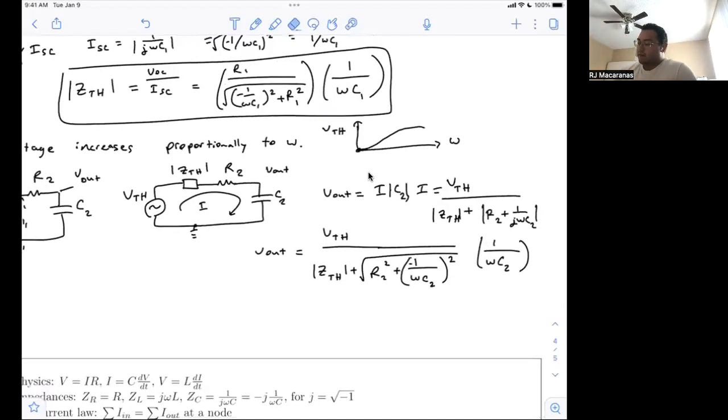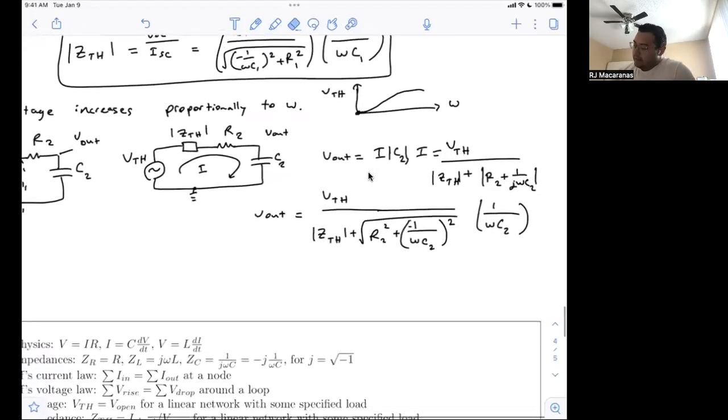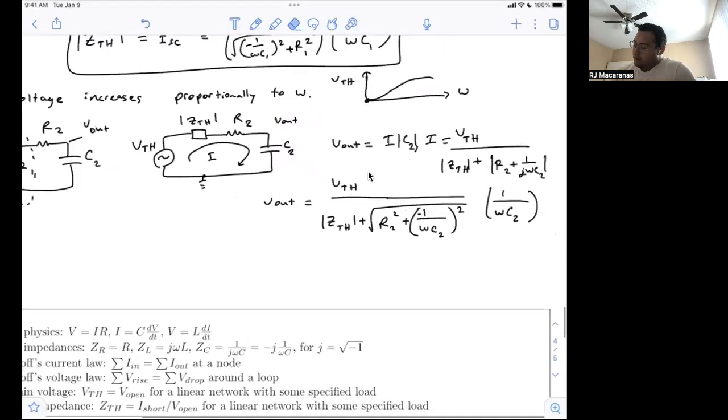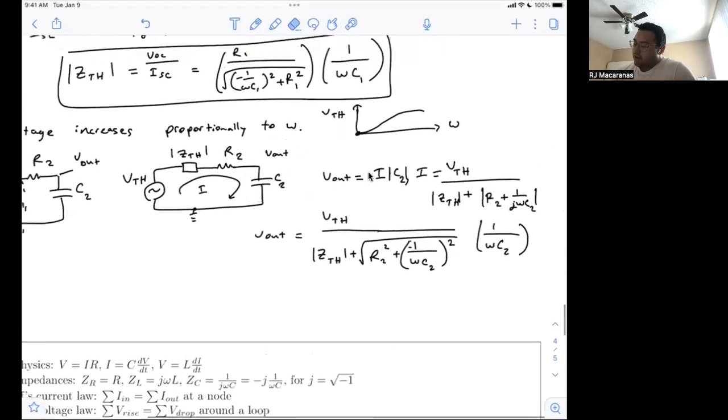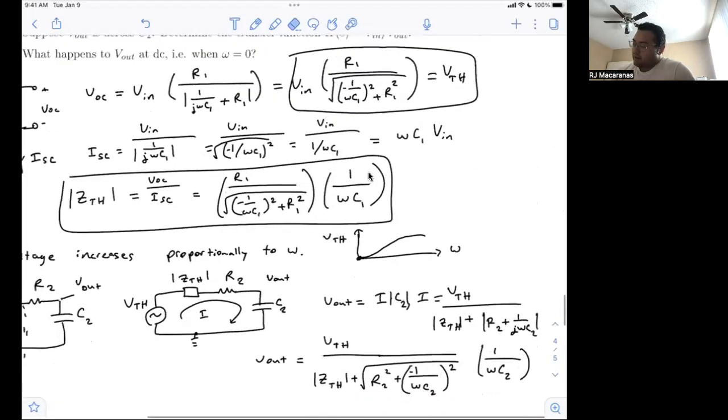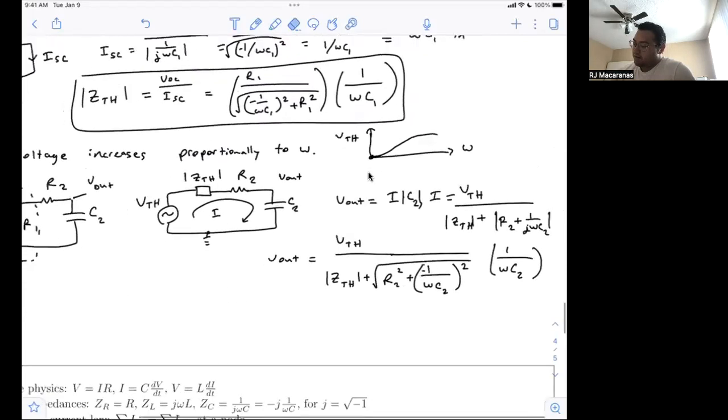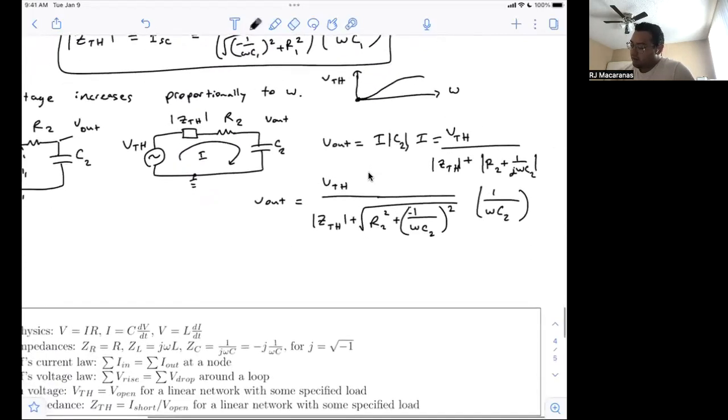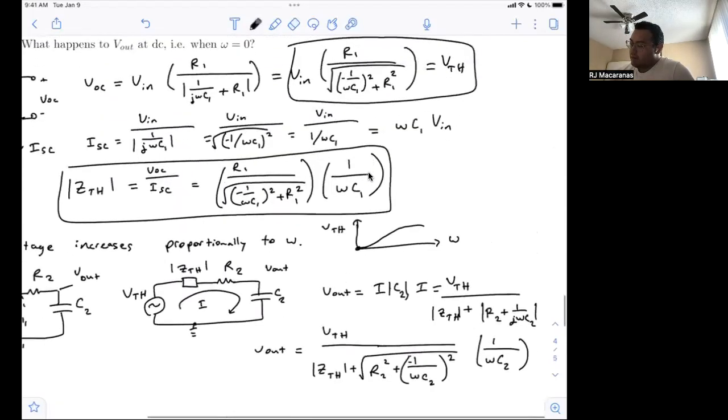And that's no longer negative since we're squaring it and then taking the square root. Okay. So there is our V out. And V Thevenin is already in terms of V in. So if we were to expand this out one more time, V out is equal to